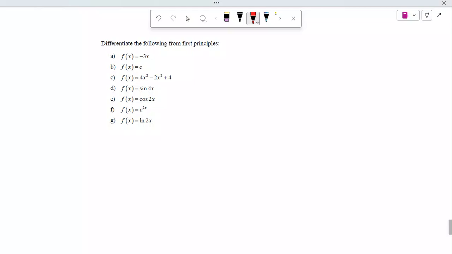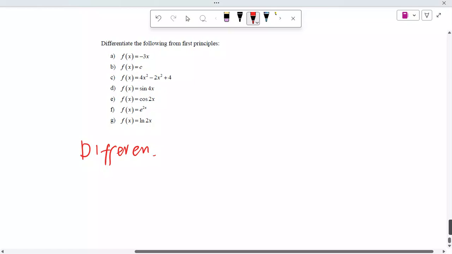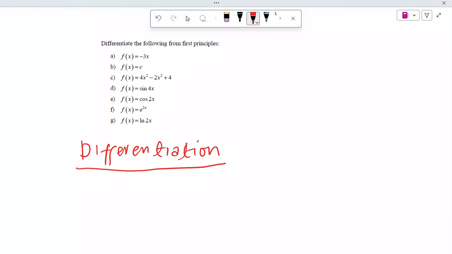So today we'll start a new chapter, which is differentiation. Like the previous topic which we covered, which was integration, differentiation also has a lot of methods which can be used to differentiate. They are plenty, depending on the situation. What is important is knowing all the methods, so that when you're given a situation, you can tell that this method is best, this method is best. So the first part we'll cover is